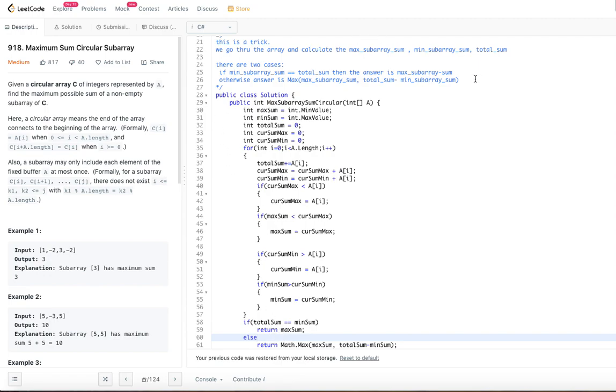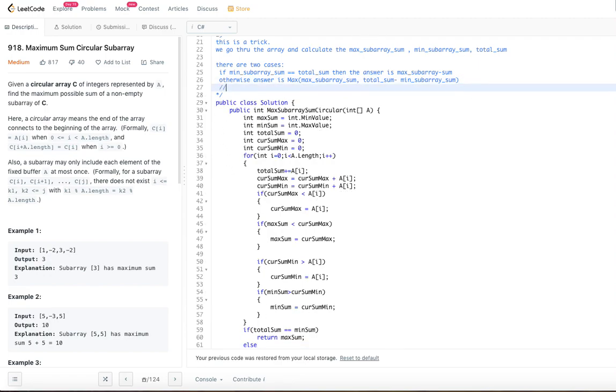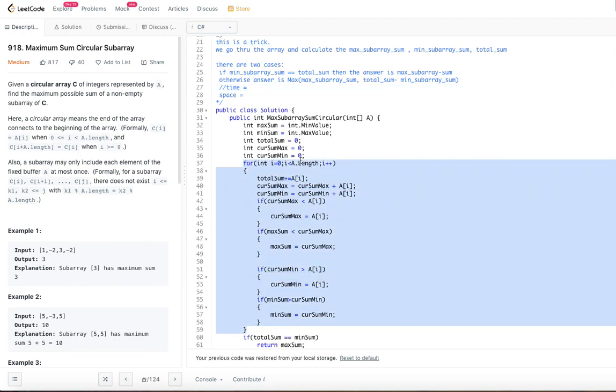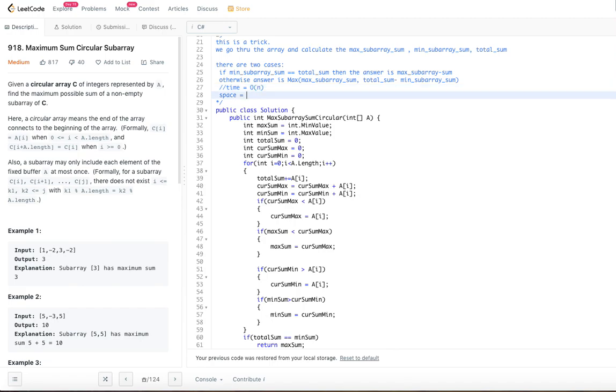Let us go ahead and look at the time and space complexity. For time, we are going through the entire array once, starting from 0 to n minus 1. So the time complexity for this algorithm is order of n, where n is the number of elements in the array A. And space complexity: how much space are we using?